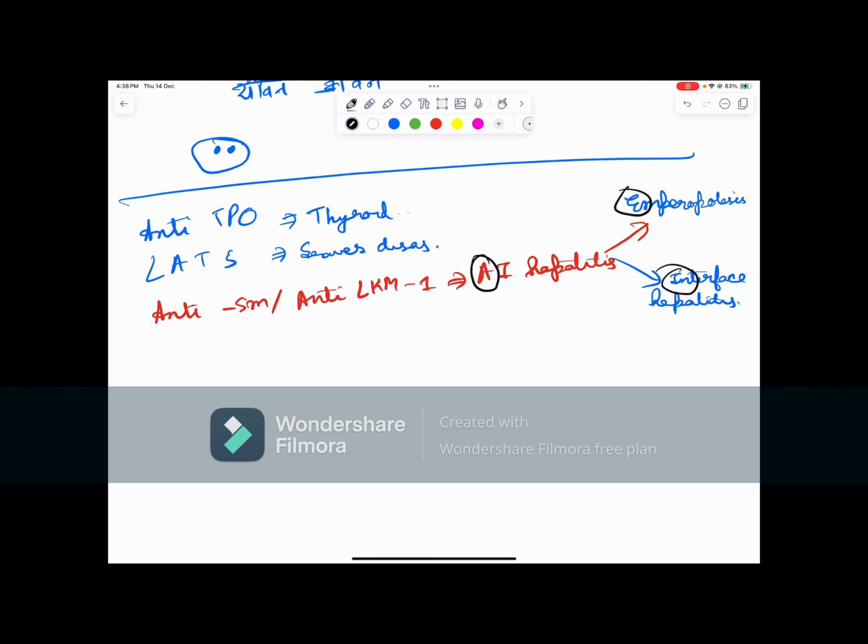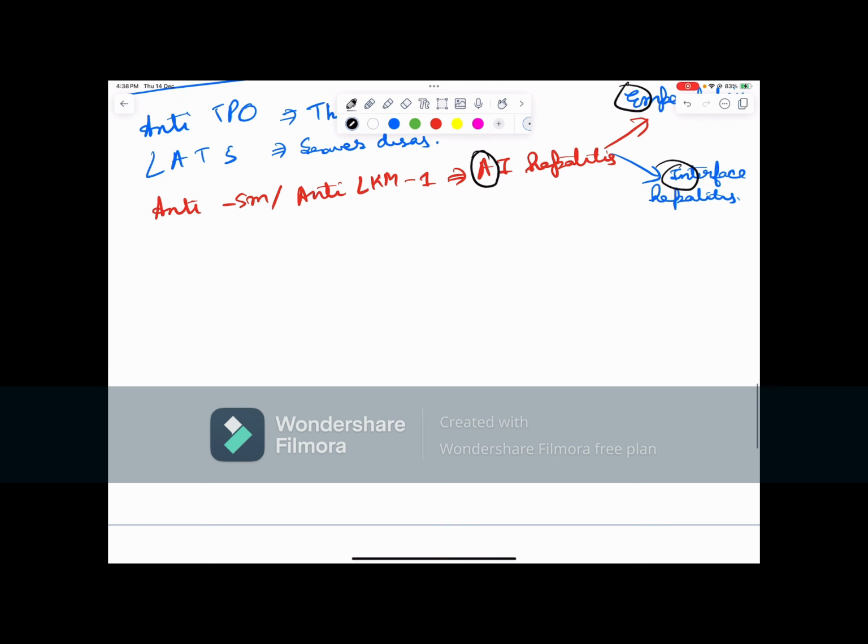Now also we move on to the next antibody, that is AMA antibody, antimitochondrial. Now antimitochondrial is seen in PBC. I have a separate video and it is already on YouTube, so you can see that. Primary biliary cirrhosis presents with pruritus, xanthelasma, osteopenia, florid bile duct lesion, versus primary sclerosing cholangitis.